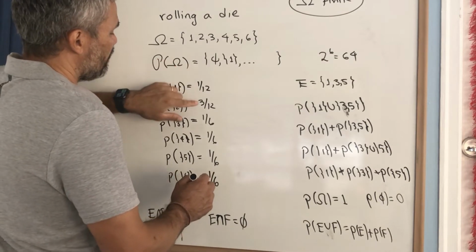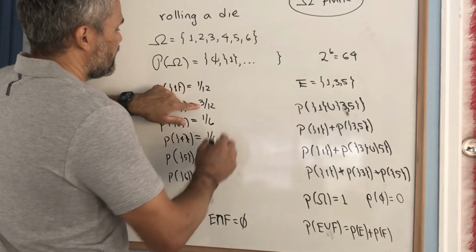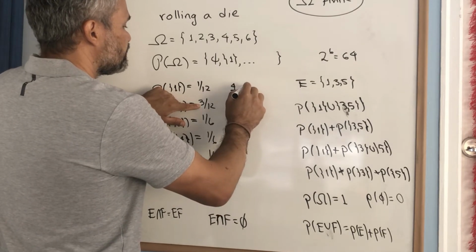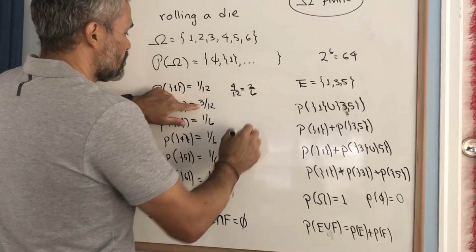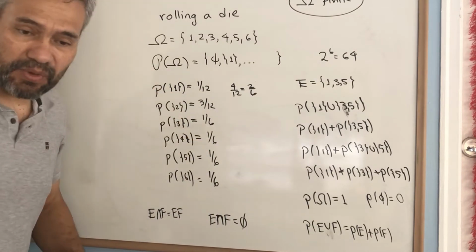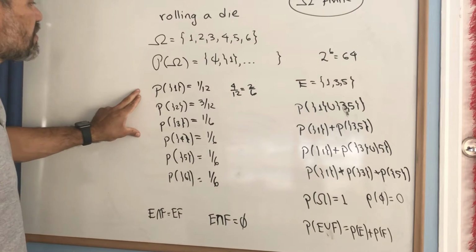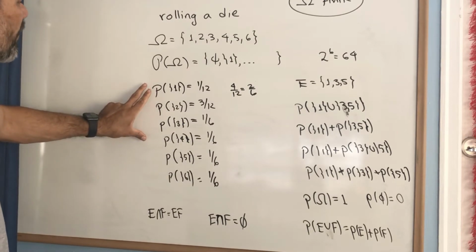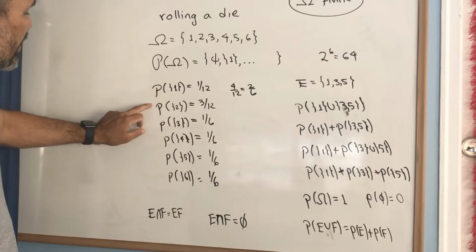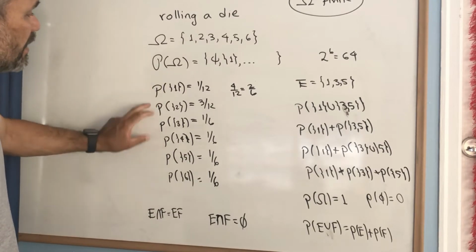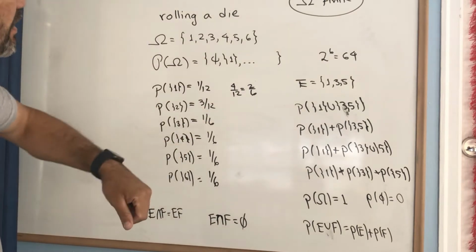We have 1/12 plus 3/12 is 4/12, which is 2/6. Then we have 3/6, which adds up to 1. Therefore, this is going to define a probability. Remember that if we define the probability in every event with length 1, then we have a probability in every